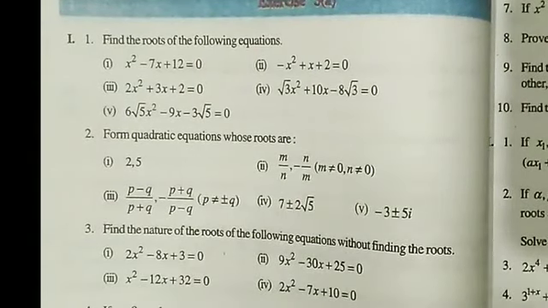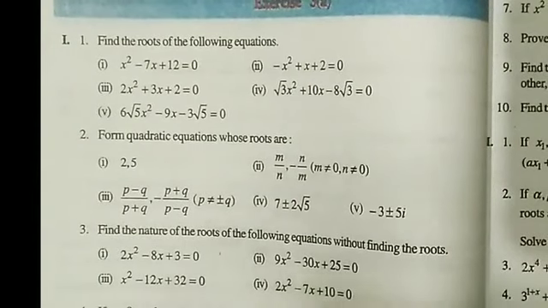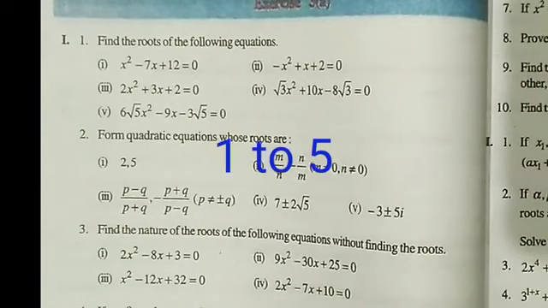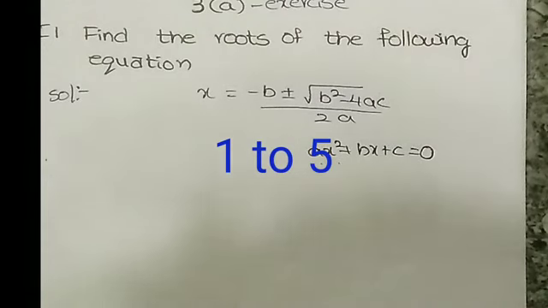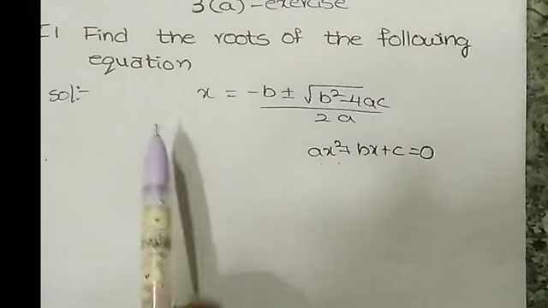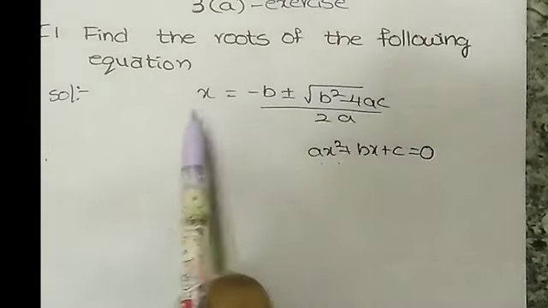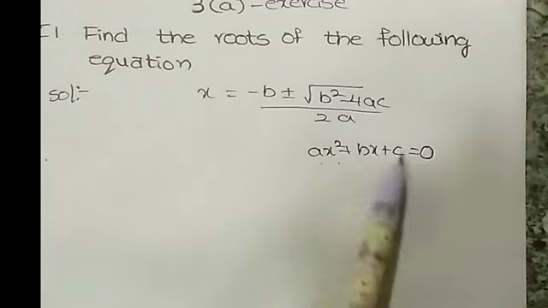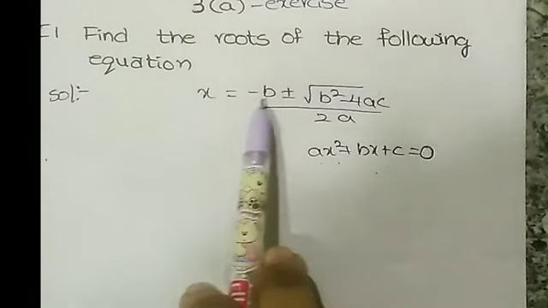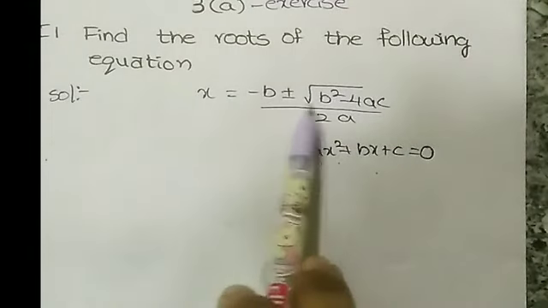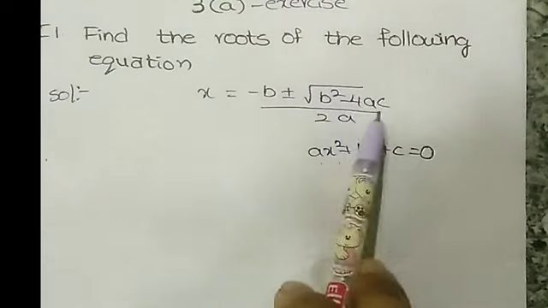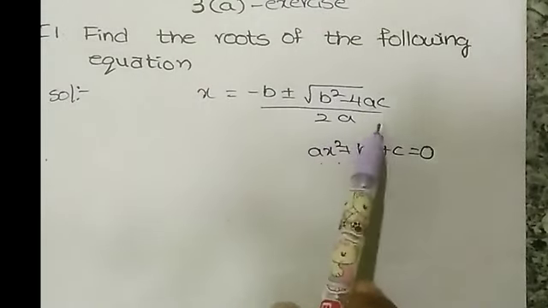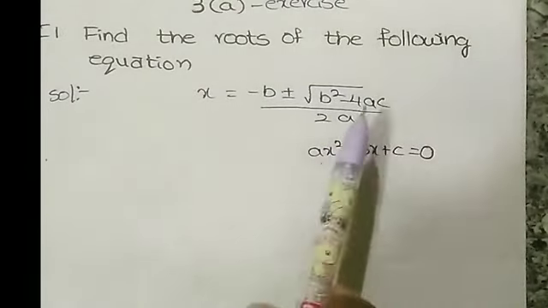In this video, let us solve Maths 2A quadratic expressions exercise 3A first Roman 1 to 10 problems. The first one, find the roots of the following equation. Suppose ax square plus bx plus c is equal to 0 is a quadratic equation, then the roots of this equation are given as x equal to minus b plus or minus square root of b square minus 4ac by 2a. Do you know what is meant by quadratic equation?